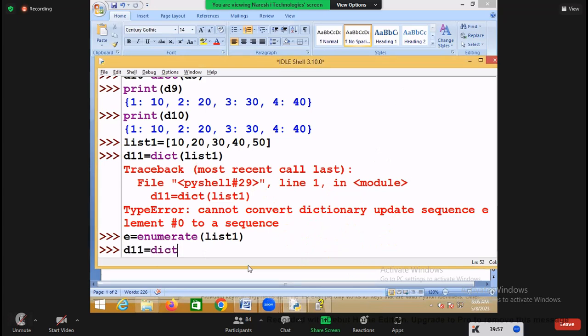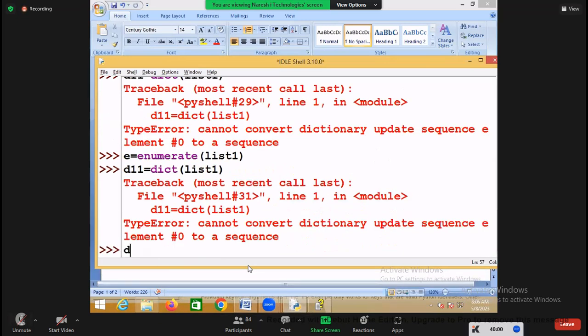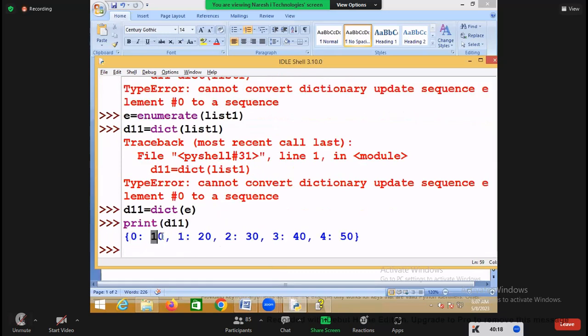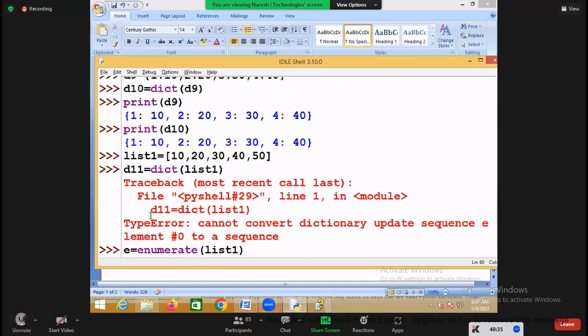Now, can I convert this list into a dictionary? Yes. But by giving input as which one? Enumerate. By giving input as enumerate, now you can see 0 is a key and 10 is a value. 1 is a key and 20 is a value. And 2 is a key and 30 is a value. 3 is a key and 40 is a value. And 4 is a key and 50 is a value. So you can take the help of enumerate to convert this list